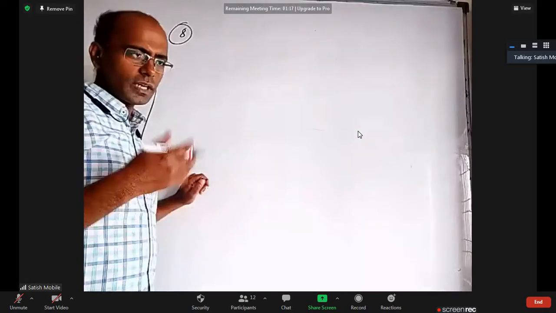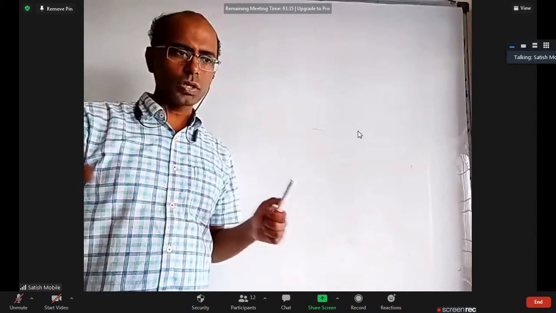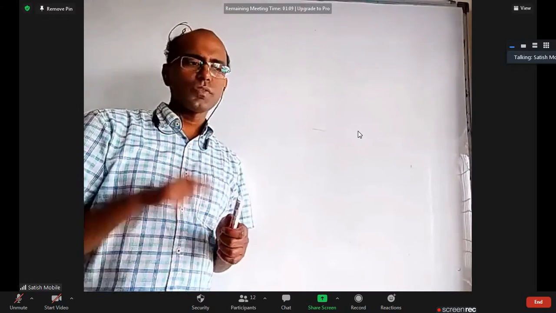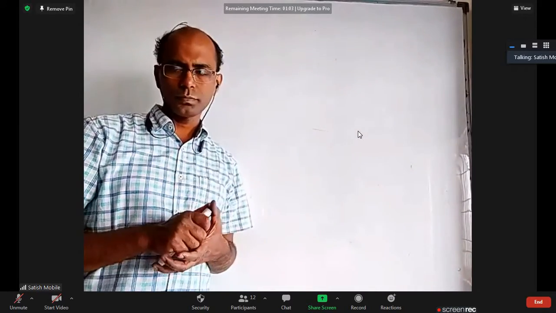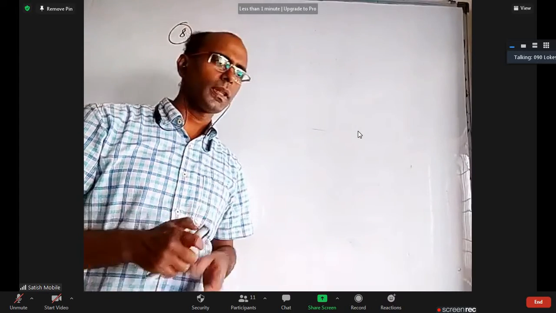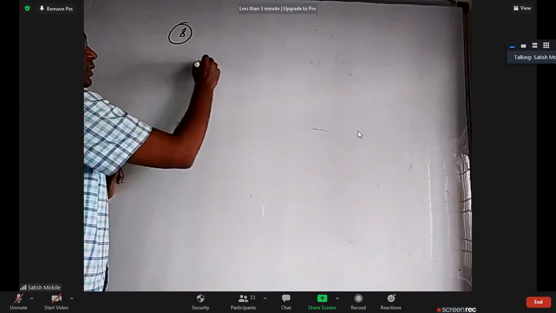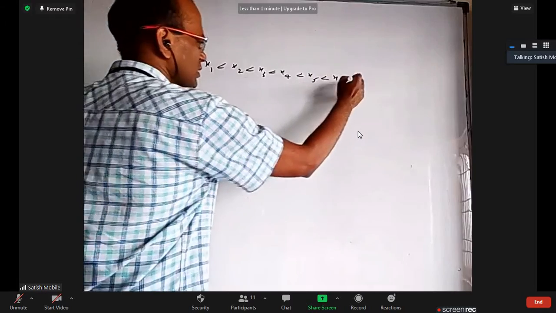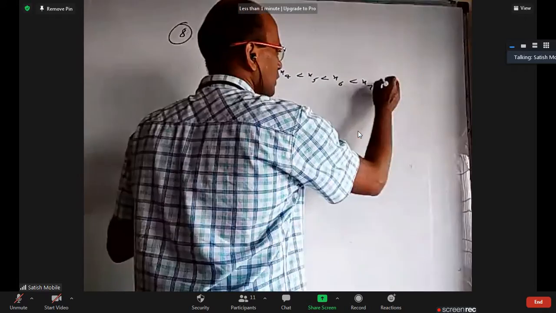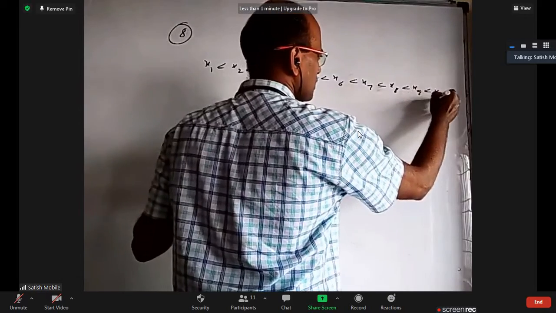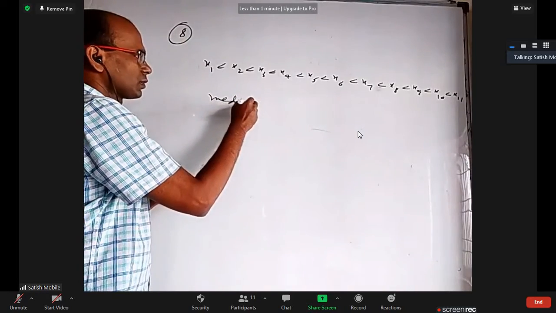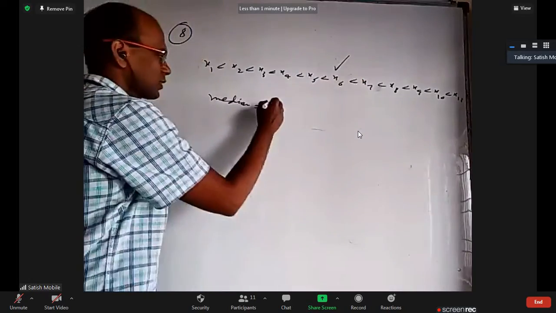So now, generally, how will you find median? You arrange all the numbers in ascending order or descending order. If the total odd number of things are there, the middle number is the median. If you have an even number of numbers, there will be 2 middle numbers. Their average is called the median. Am I right? Yes, sir. Okay. So let me put the numbers in ascending order. x1 less than x2 less than x3 less than x4 less than x5 less than x6 less than x7 less than x8 less than x9 less than x10 less than x11. For this, obviously, the median is the 6th number, x6.